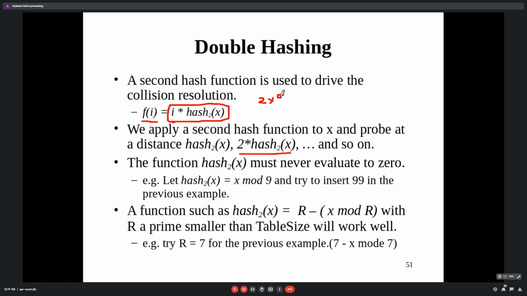Suppose it is 5; we are using this hash function twice. It should not evaluate to 0, so we have to keep that in mind.